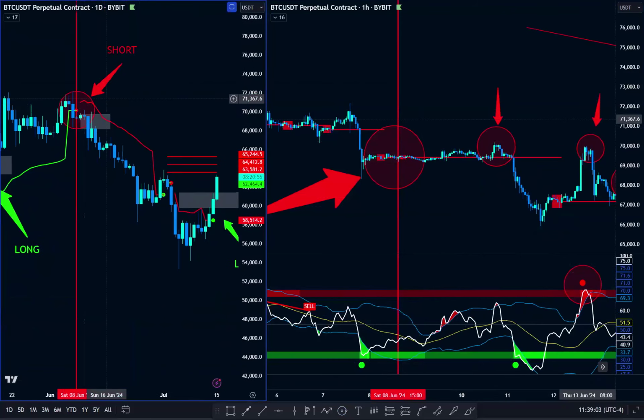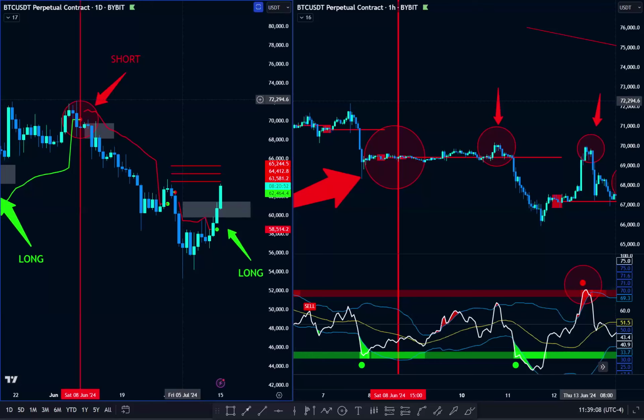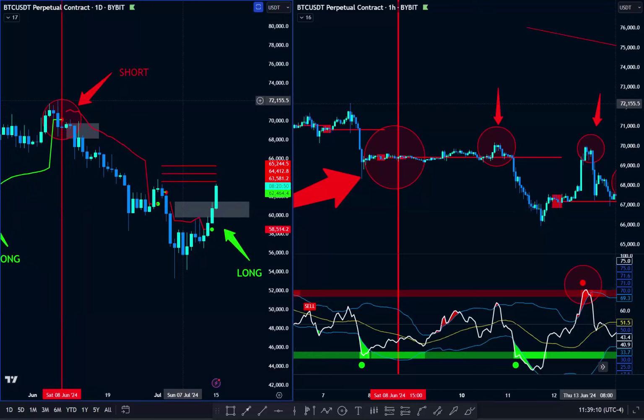We will not, I mean, you can if you want, but the strategy I'm talking about is a trend trading strategy, and we want to trade in alignment with the trend. I'm sure you guys have heard the saying, the trend is your friend, and you want to trade in alignment with the trend. So this helps, because we're looking at these imbalances, and over here we got this bearish imbalance